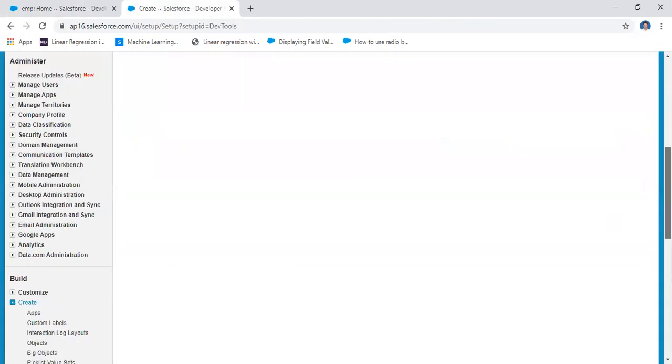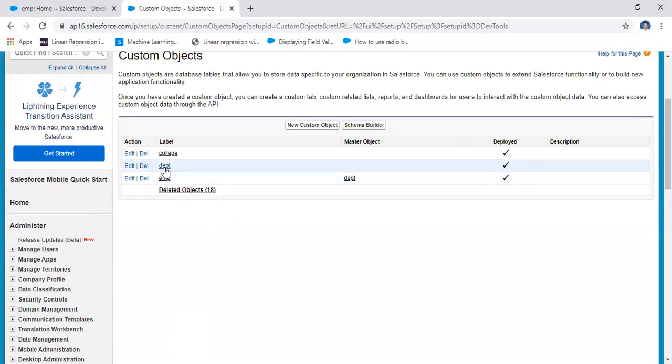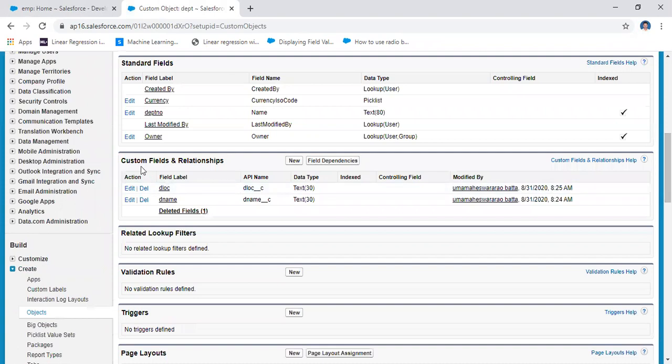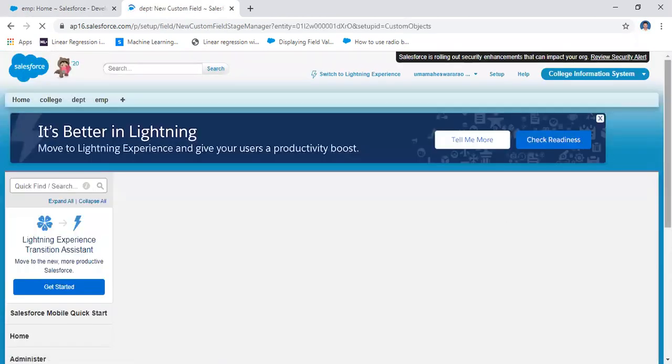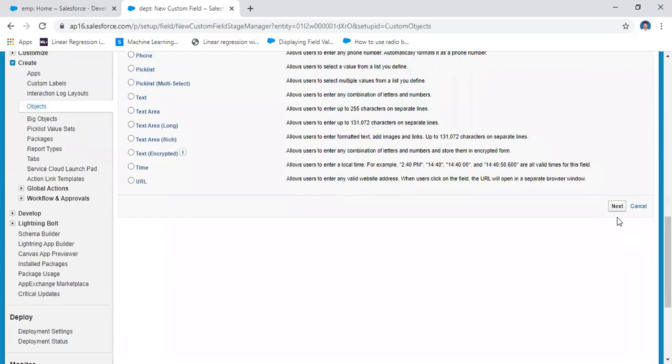Under create, there is an option called object. For which object are we going to create the roll up summary? I'm going to create the roll up summary for the department, and then custom fields and relationships. Here I'm going to create a new field. The field type here is roll up summary. Click on roll up summary, and then next.